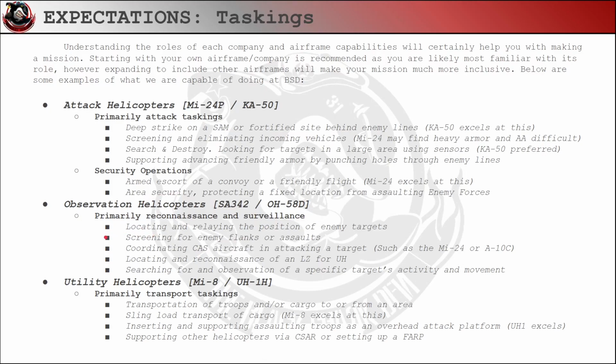What they are good at is locating and relaying the position of enemies. They're good at screening, looking for flanks and assaults. They're really good at coordinating attacks. So say you have a flight of Mi-24s flying around in the area, and there's a whole bunch of enemies scattered around in an urban setting, or even a town. OH can look for those targets and then call them and say, hey,